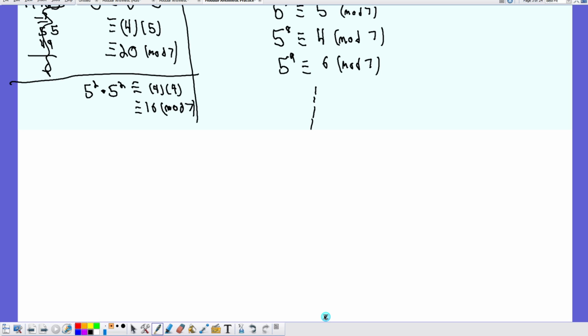It includes all the 6 modulo 7 residues. The 0 isn't appearing. So it's just 1, 2, 3, 4, 5, 6. Those are the only values we're getting. So when we're asked to find, I think it was 5 to the 2005th power,